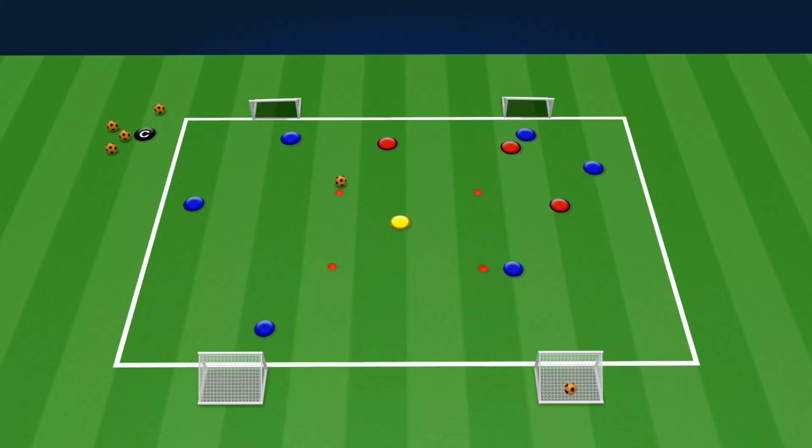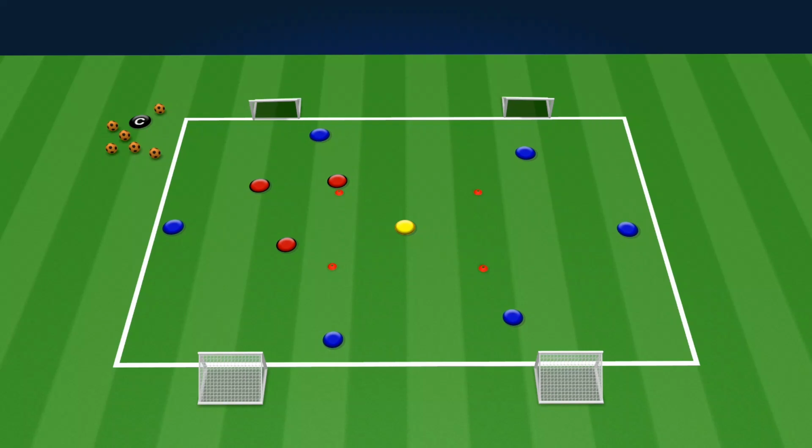Encourage your players to remain spread out and create width, making it easier to switch the play and exploit gaps in the opposition's defense. Keep games short, about 1 to 2 minutes, and reset with new balls as necessary to